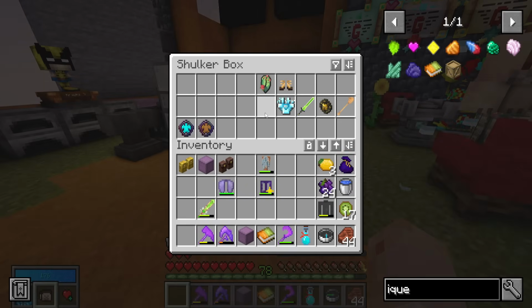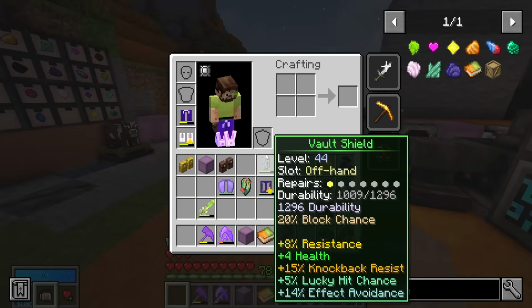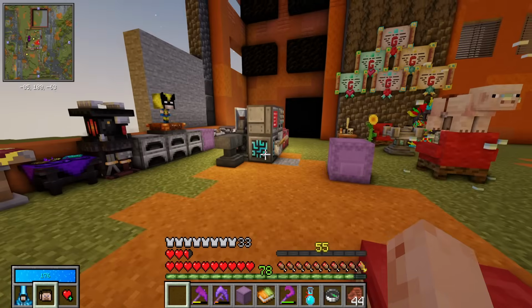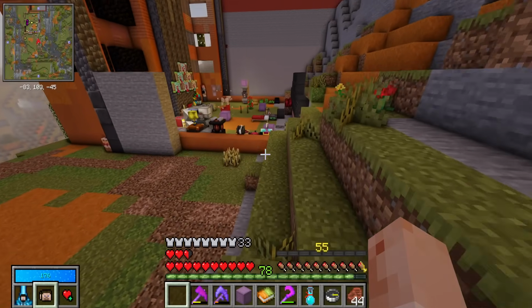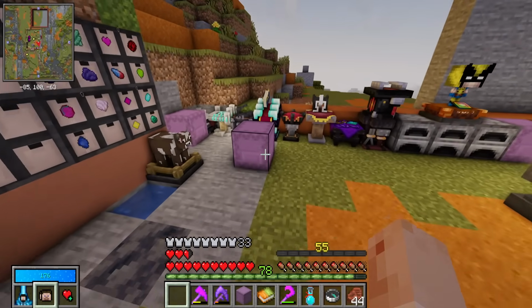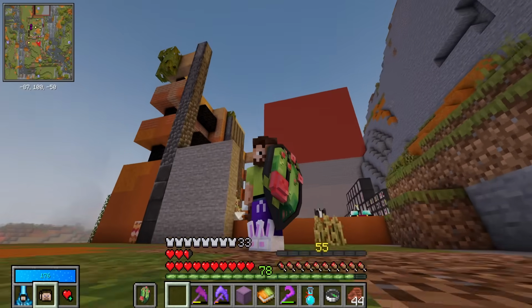The next item, I believe to be one of the most epic looking models because it's so unique in the game. It's the Rosethorn Ivy. Any Thorn enjoyers in chat that feel like Thorns is good, but it's just not quite there? Surely people like it as a secondary stat. Horde mobs die around you. You know, skeletons shoot you, they die. It's nice. But this shield, the Rosethorn Ivy, may...